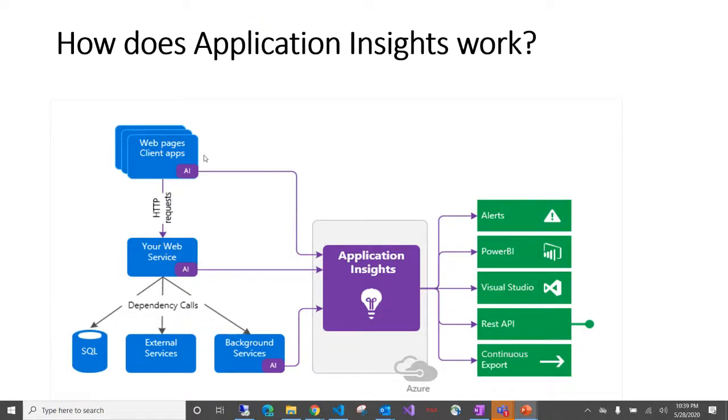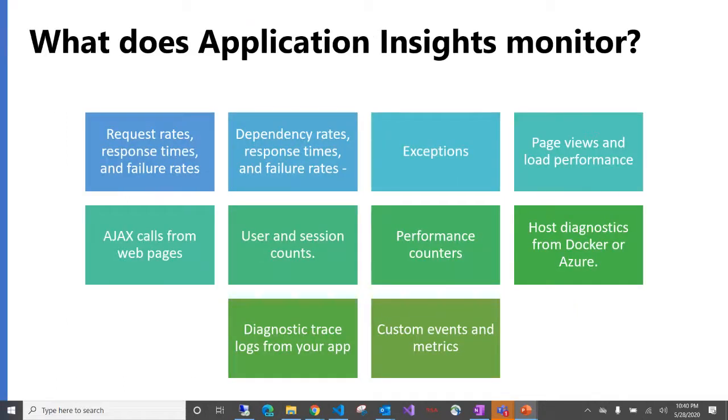There must be some sort of link between your application and your Application Insights, and it usually happens through a random GUID ID, which we call the instrumentation key. Once Application Insights has this data, which is basically just telemetry logs, the Azure Insights engine will process these results and create meaningful, useful information out of it, which we'll be seeing right now. So this is what Application Insights can monitor. This pretty much sums up what Application Insights can do for your application.